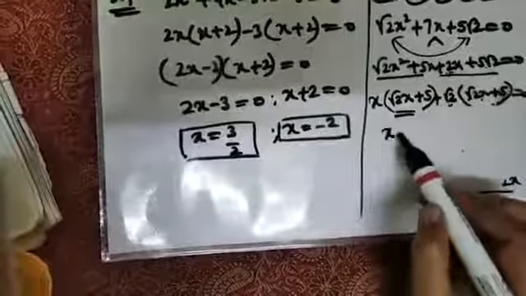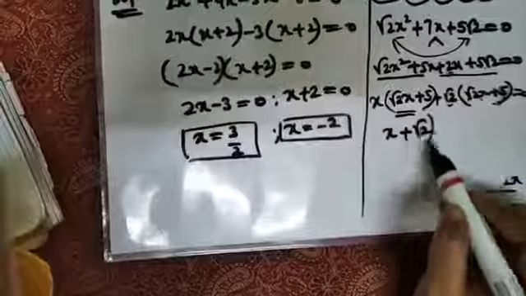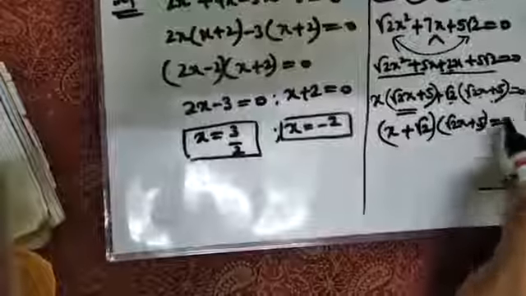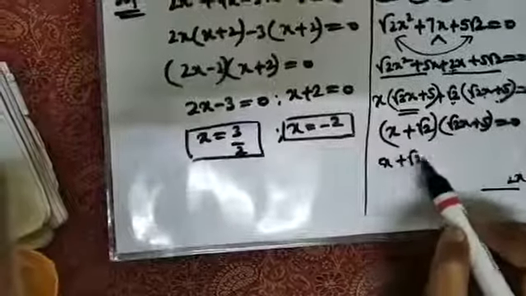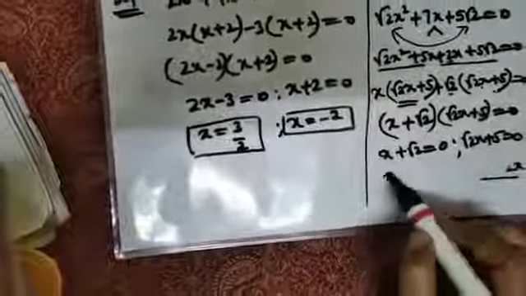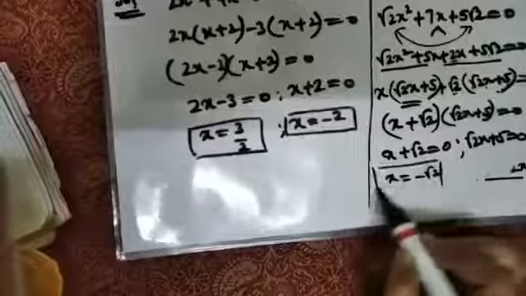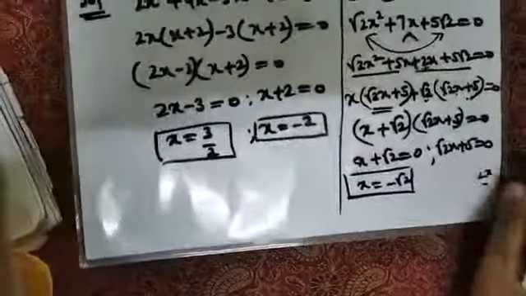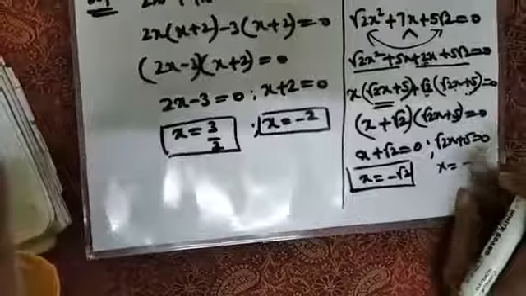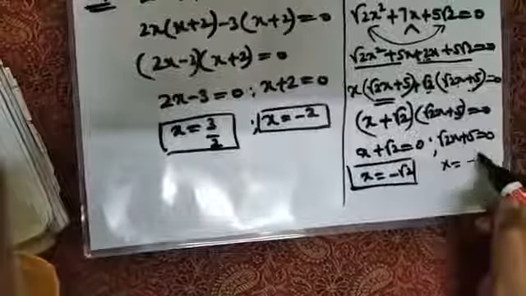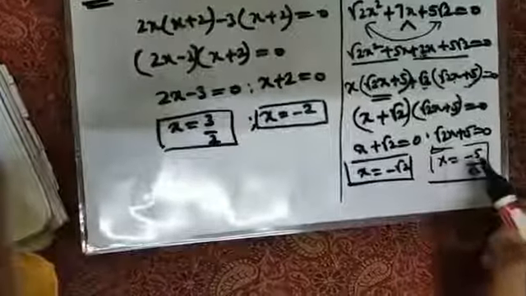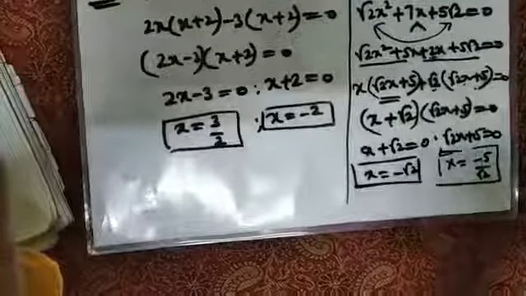Now what is the next step we should do? Whatever things we have taken in common, you should write in a bracket, and these two brackets are same, so you will just write it one time. And this 0 is for both. X plus root 2 is equals to 0, and root 2x plus 5 is equals to 0. X equals to minus root 2, okay, sorry, and here I need x, plus 5 goes there, minus 5, and this root 2 was in multiplication with x, so it will come in division, minus 5 by root 2. So these are the two roots using your middle term factorization, splitting middle term.